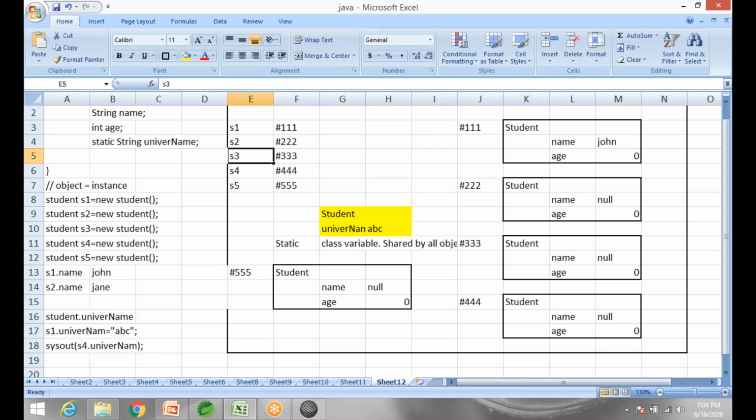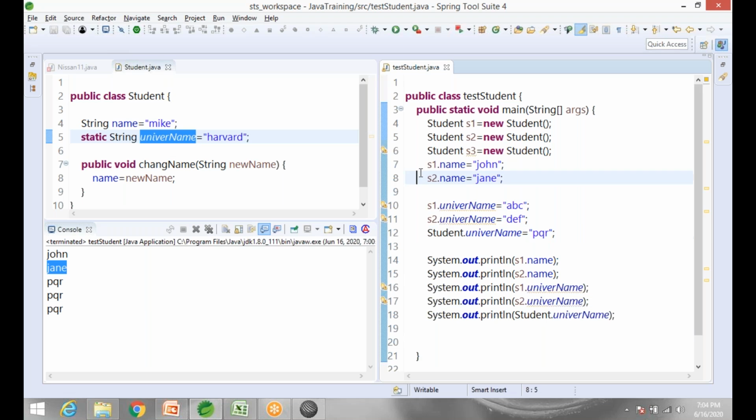A private copy is what an instance variable is. Every object will get its own private copy. For every instance, you get one variable each. Static is a shared variable. If S1 makes a change to university name, everyone will see that impact. That's what a shared variable is. It is shared among all the objects of the student class. Okay, so for this example,